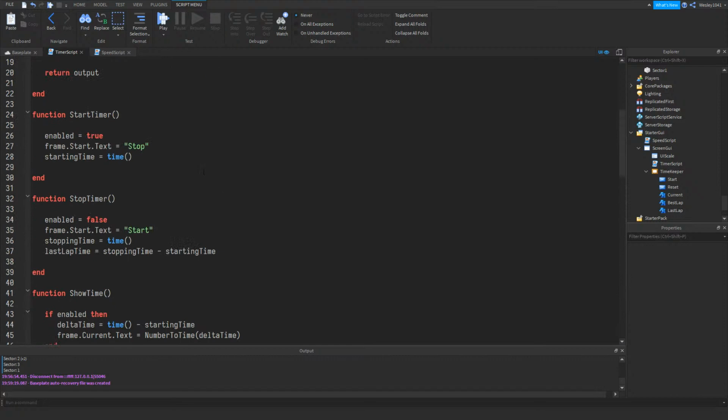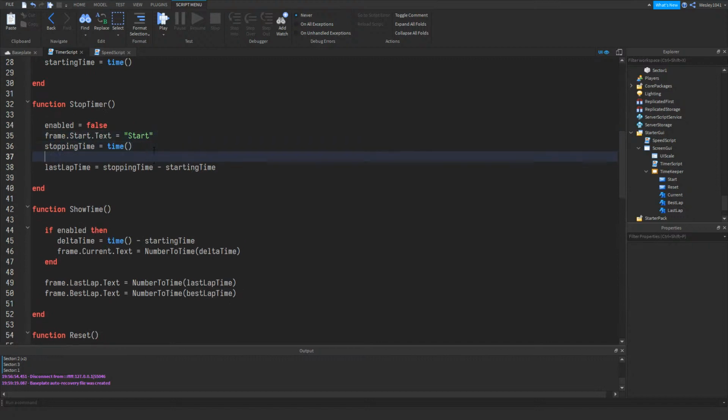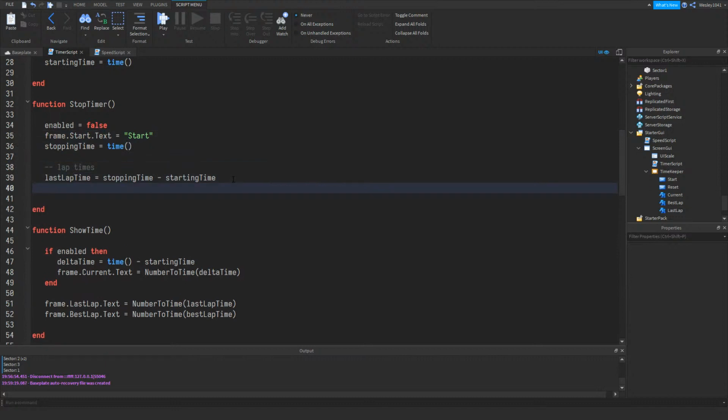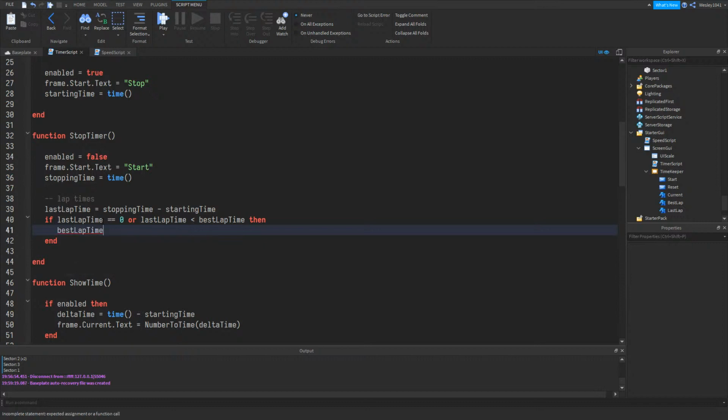Okay, so now we have to determine when the best lap time is being displayed, and that's pretty much where this comes in. Lap times. We want to only update our best lap time if our new lap time, if we either didn't set a lap time before or if we improved on our previous best lap time. So what I am going to do is write best lap: if last lap time either is 0, so we haven't set a single lap, or if our last lap time is smaller than our best lap time, then we will update our best lap time. So best lap time would be equal to our last lap time. Now,